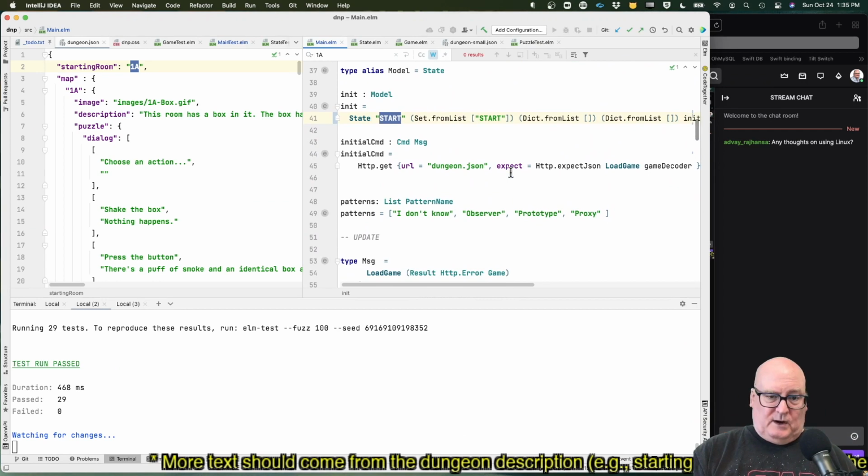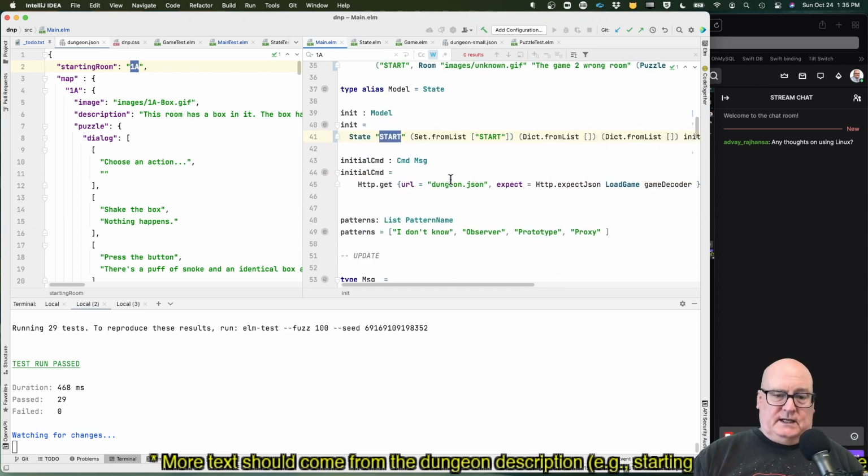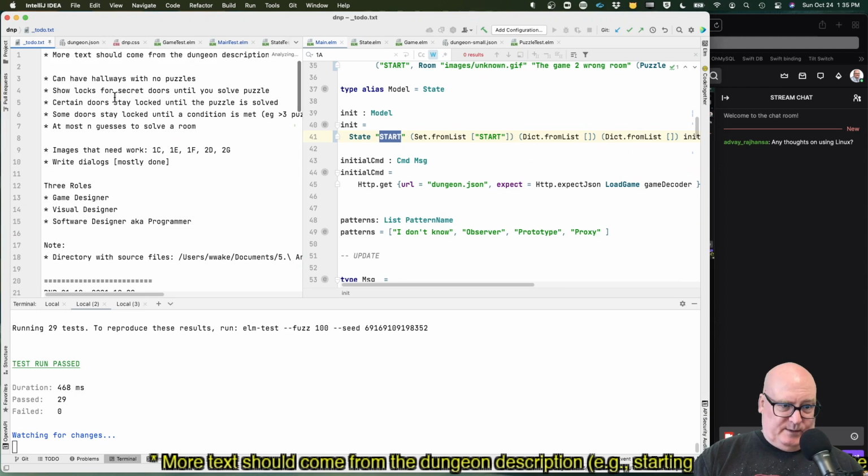Now, I do need to consolidate these rooms. We really kind of want a room that says, something bad happened, we can't recover. That's what we want for this initial state, because we just don't expect to ever show that to the user. All right. But this is a nice step. Okay. More text should come from the dungeon description.